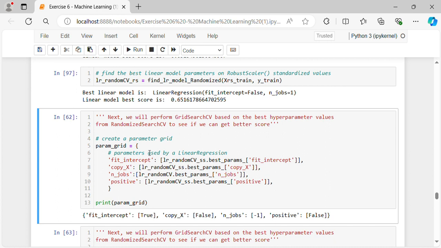So let's create a parameter grid. Let param_grid equal curly braces. Curly braces mean forming a dictionary, with the parameters used by a linear regression. Let fit_intercept be linear_random_CV_SS.best_params_ of fit_intercept. So here we are finding the parameter grid for the best